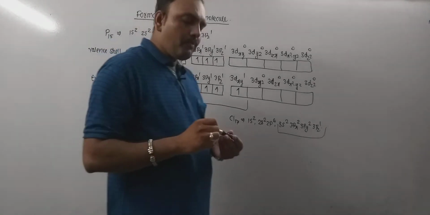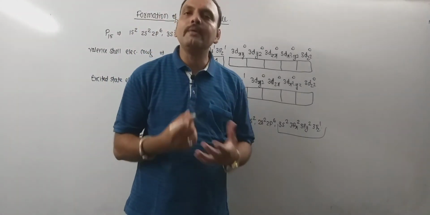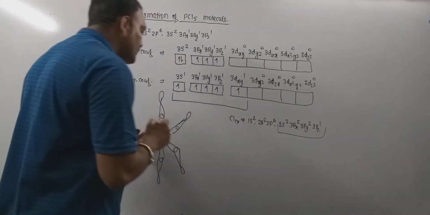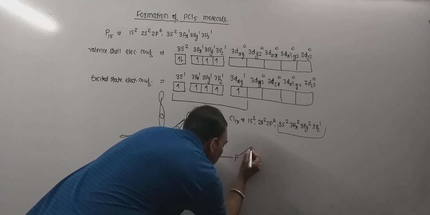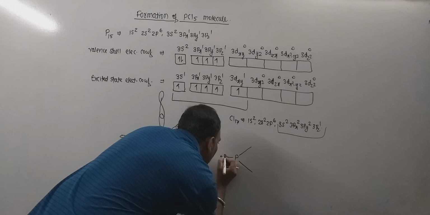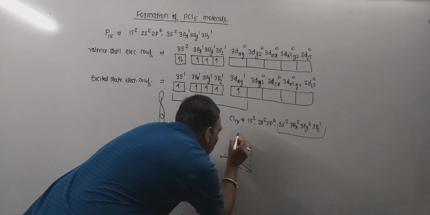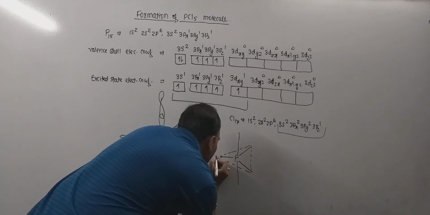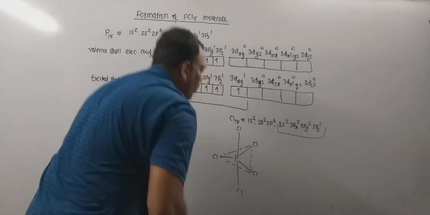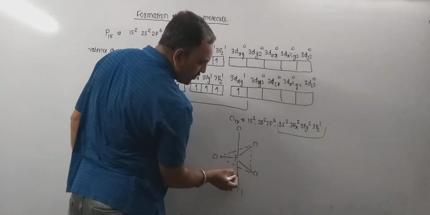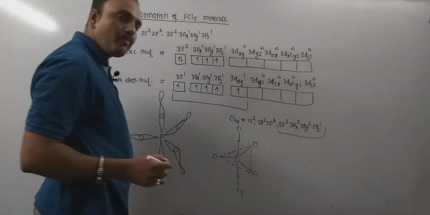So the PCl bonds in PCl5 are the result of sp3d-p overlap. Now this can be picturized as follows. This is the central atom phosphorus, and these are the equatorial PCl bonds which can be drawn, and these are the axial bonds. So these are the equatorial and these are the axial bonds. Remember, axial bonds are identical but somewhat longer than the equatorial bonds.